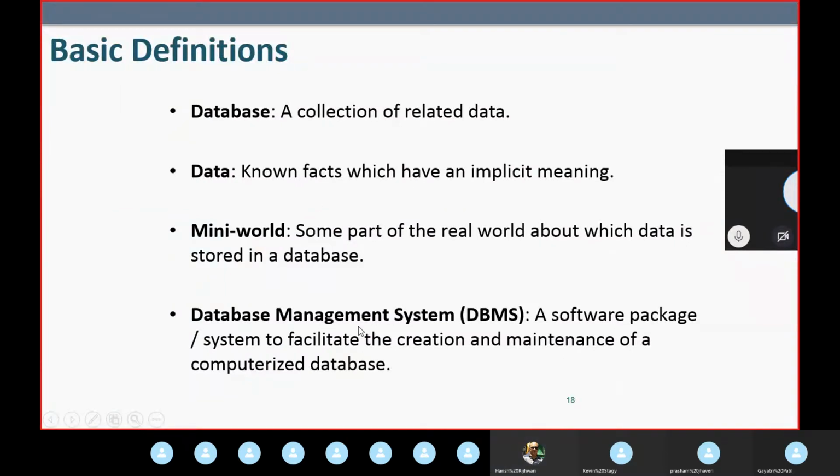There are a lot of software which are called database management systems. You might have heard of MySQL, SQL Server, Oracle database. There are different databases. If you plan to work in IT or any other field for that matter, you might have to use SQL somewhere or the other. Especially if you're going to be handling a lot of data, you will need to know database management systems and SQL.